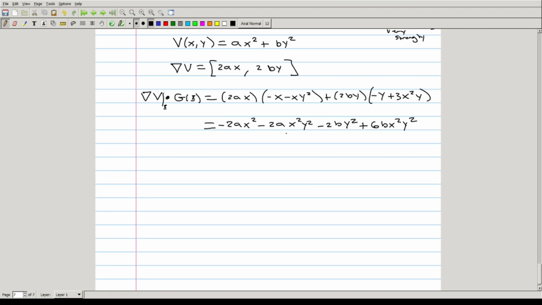And a choice then of a equal to 3 and b equal to 1 will cancel the higher order quadratic term. So this term right here gets canceled with this term right here, and what's left over